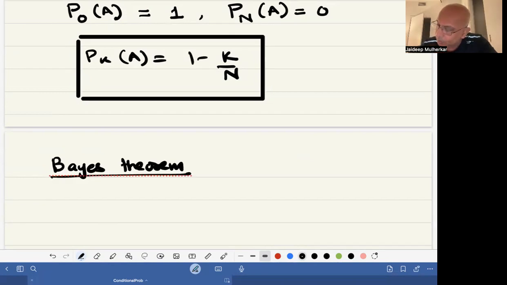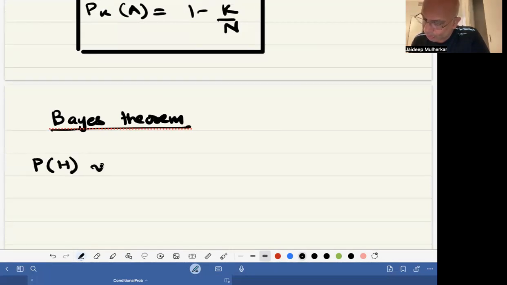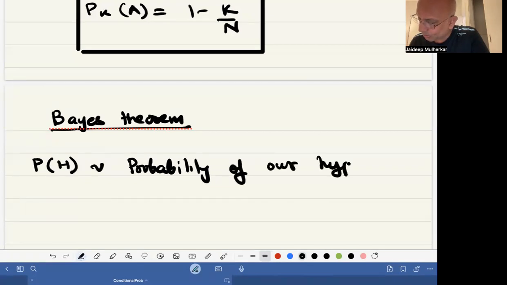I will give an example of how Bayes' theorem can be used to refine your initial hypothesis when new evidence is found. Okay, so let's look at it in those terms. If I write P of H as the probability of, say, a belief or a hypothesis being true,